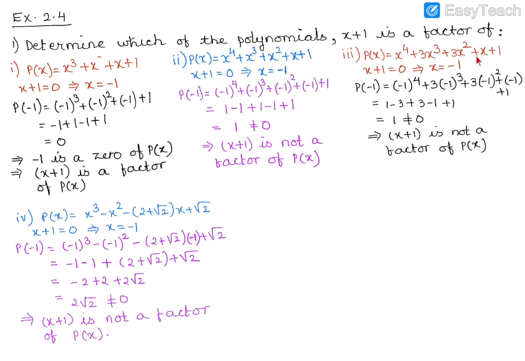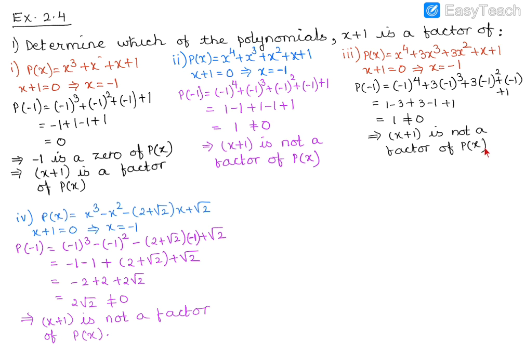In the third one, if I put x is equal to -1 in the expression, -1 to the power 4, even power, is 1, odd power is -1, so -1 into 3 is -3, even power, this will become 1, 3 into 1 is 3, -1 and +1. Again, look here, 1 and -1 will get cancelled, -3 and 3 will get cancelled. So I'm going to get a 1 which is not equal to 0 and therefore x plus 1 is not